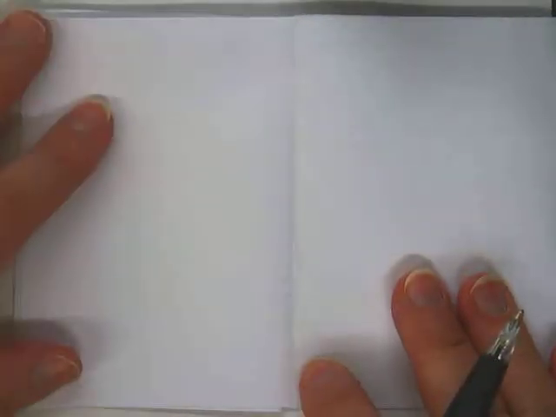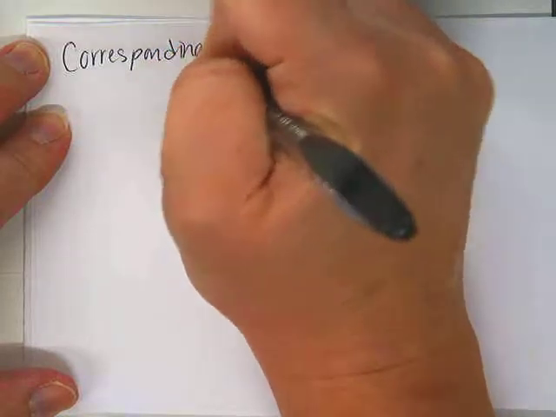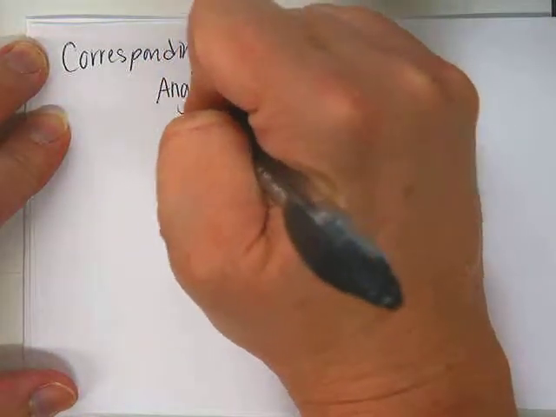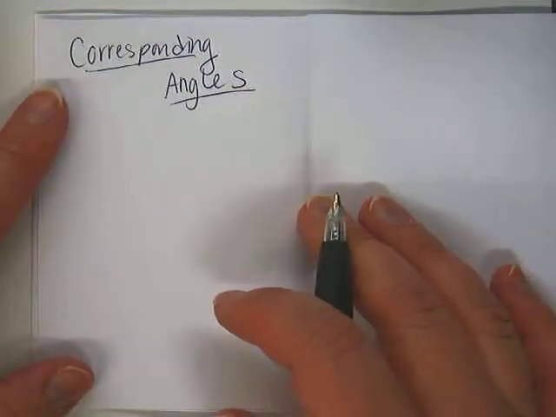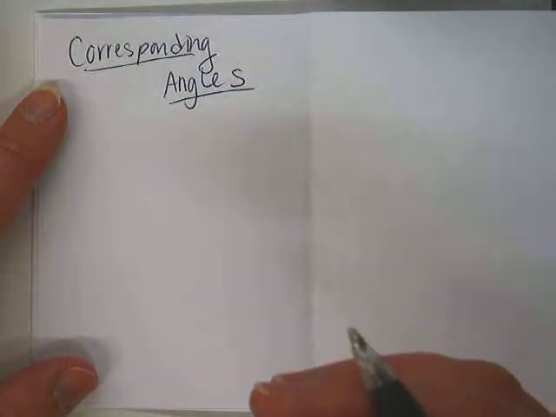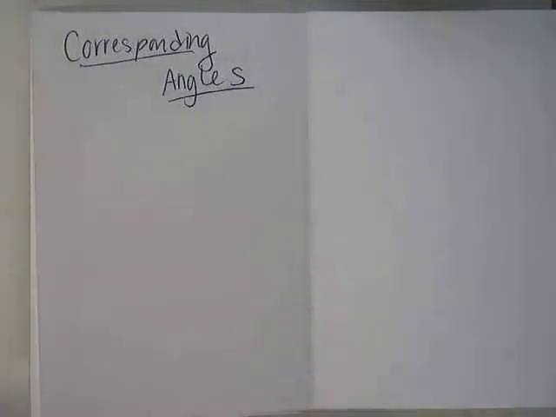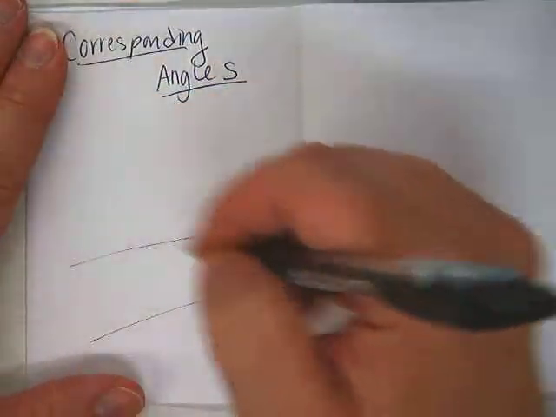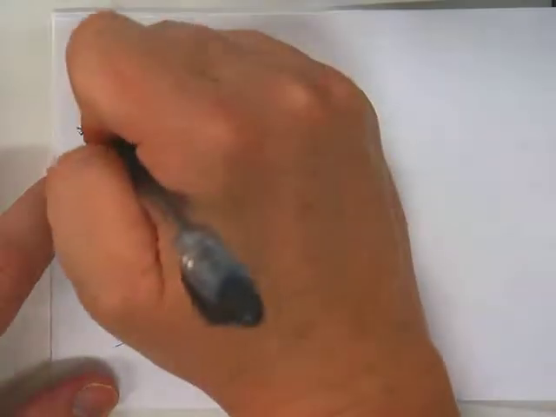So the next type of angle pair we need to learn about is called corresponding angles. The three types of angles we're learning about today, instead of just being two intersecting lines, it's three. So instead of just having one line that intersects another line so that you have angles that are vertical or angles that are adjacent, we're going to have two lines and then another line that's going through them somehow. Okay? So corresponding angles are formed